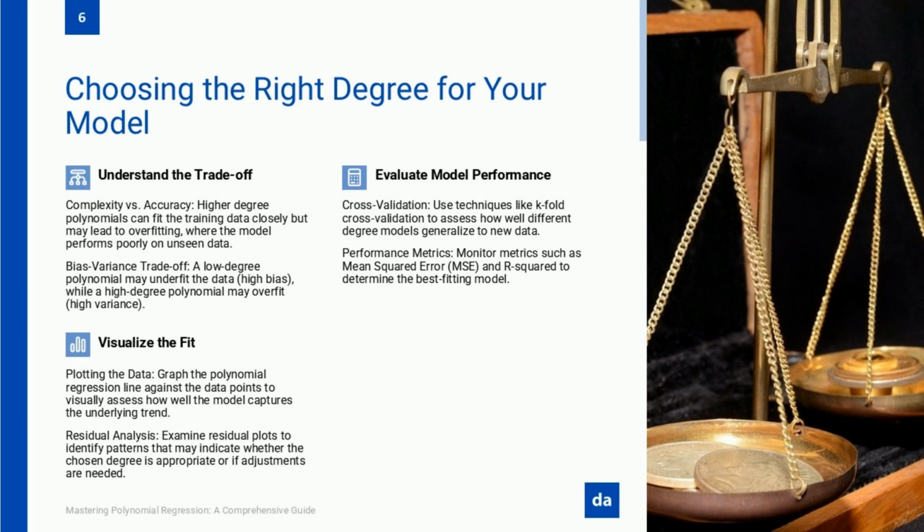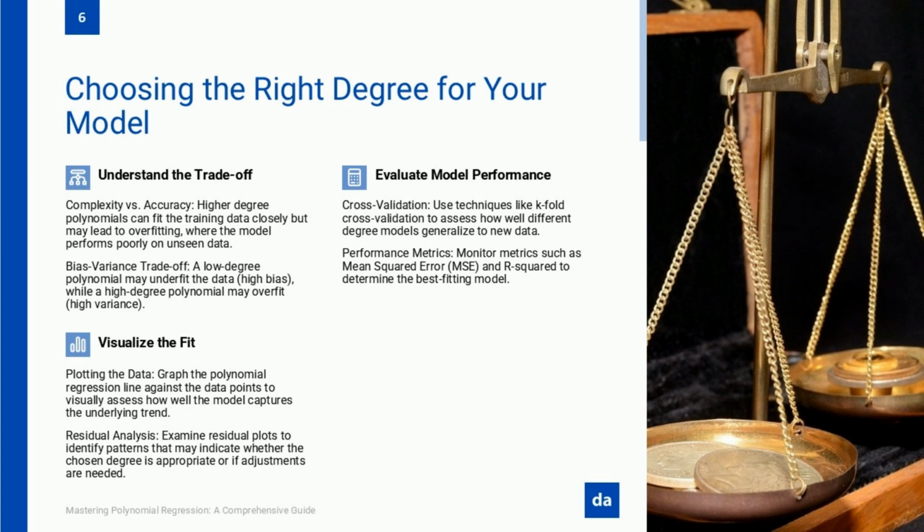If the degree is too low, the model oversimplifies the relationship, missing important trends in the data. This is known as underfitting, where the model lacks the flexibility to capture the true patterns in the data set. On the other hand, if the degree is too high, the model becomes too complex and starts fitting not only the real patterns, but also random noise in the training data. This is called overfitting, where the model learns fluctuations that do not generalize well to new data, resulting in poor